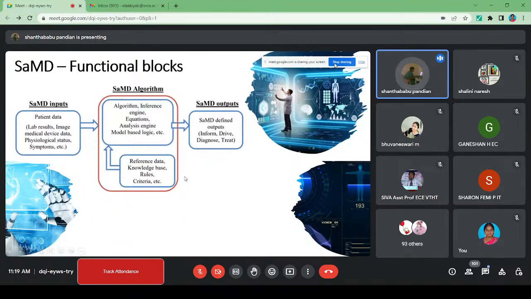And the functional block, it's not a big deal. The patient's data, the lab result, or images, or medical device data, or psychological status or symptoms, or whatever it is, right? As I mentioned here, if I am feeling a headache or some edema or whatever it is, the inputs are taken to the SaMD algorithm. So the algorithm will take those inputs and apply a regression algorithm, classical algorithm, so many things